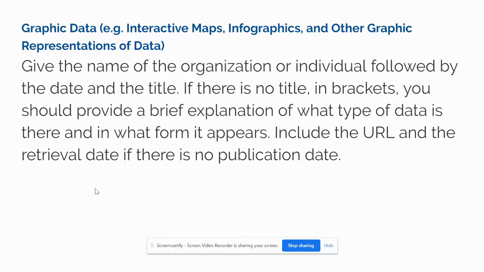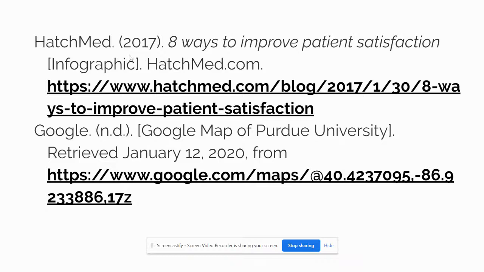So you're using some sort of an infographic or something that you found online. Here's how those would look. So the author or the organization